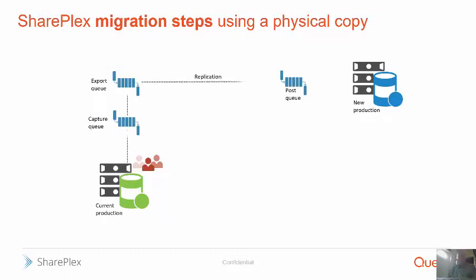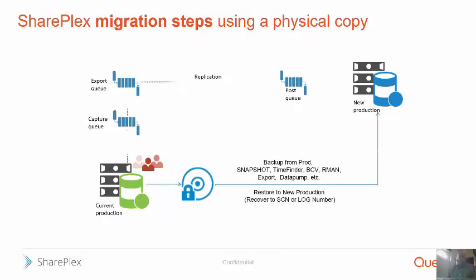Now you're going to take a backup of your source system to a particular SCN. If you're just moving versions of Oracle or migrating to the same hardware, you can use RMAN or whatever you want to take that backup as long as it's consistent to an SCN. If you're changing hardware or doing some other work, you may need to use export. You can use consistent equals Y, or you can make an intermediate copy of your database and back up that quiet copy of the database using export. Either way works fine. You're still capturing the transactions that occurred since that SCN here in the post queue and getting ready to move those over into the target.